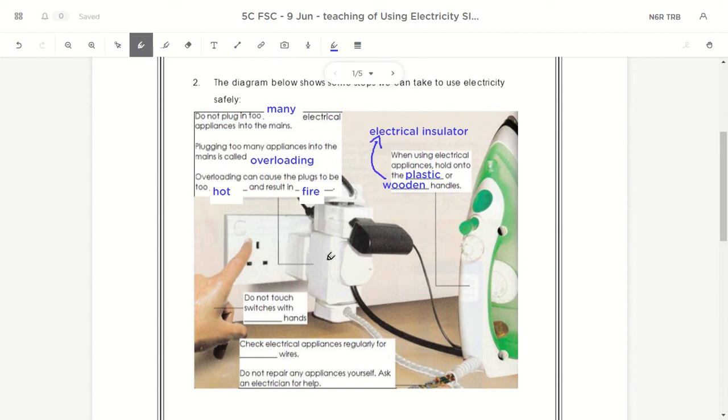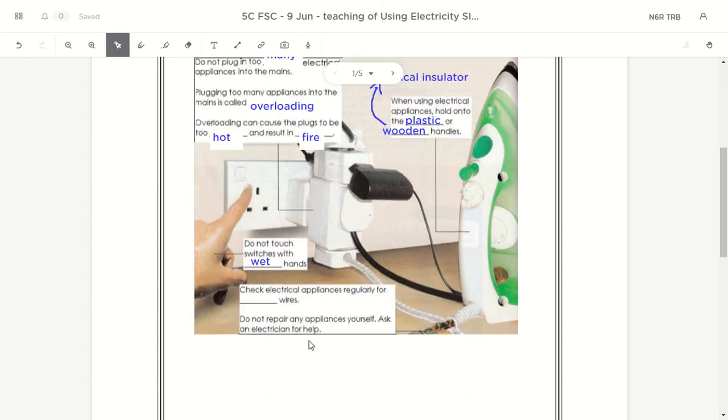Alright, let's go to the next one. You realize after you wash your hand, you shouldn't touch switches, you will get electric shock. So do not touch switches with wet hands. And the last one, sometimes when we use the electric appliances for very long, years after years,